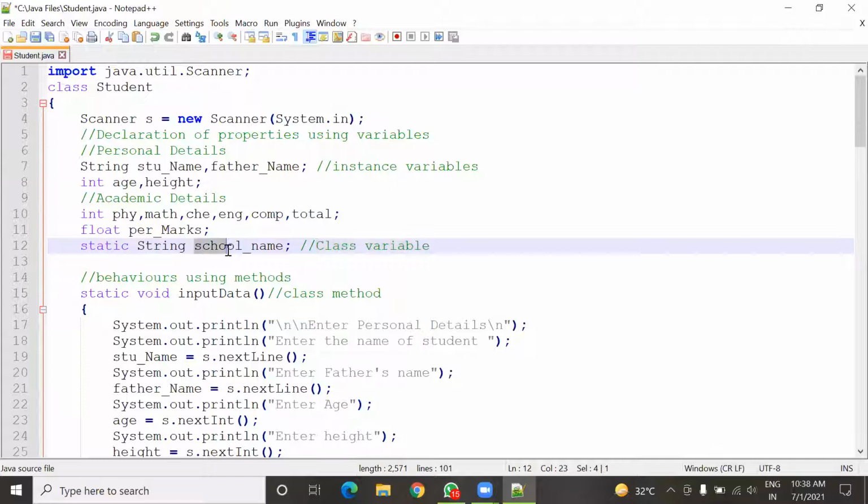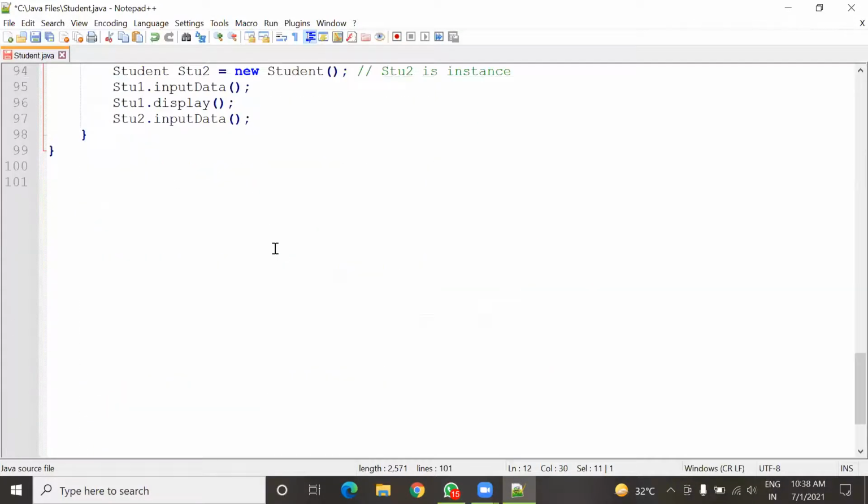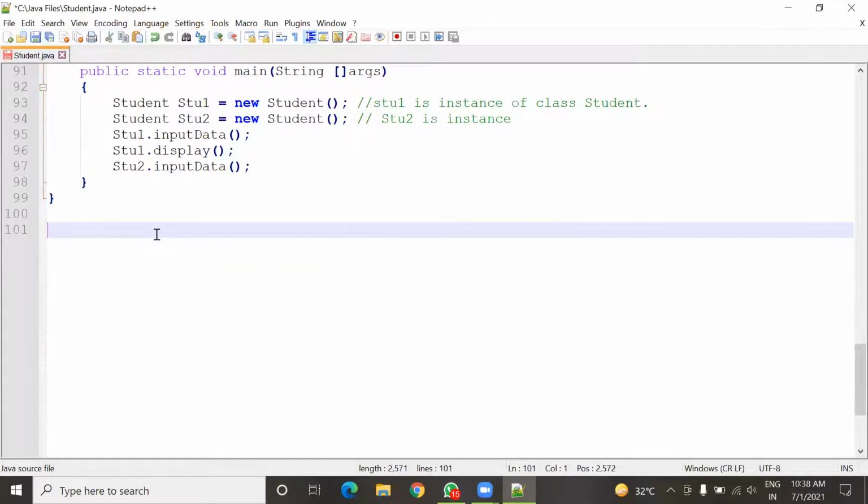So this school name cannot be accessed by any object. Here I had written stu1 dot age equals 19, which means this age variable is accessed by the stu1 object.